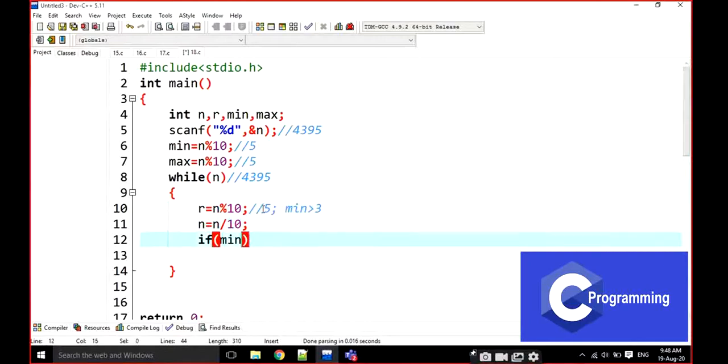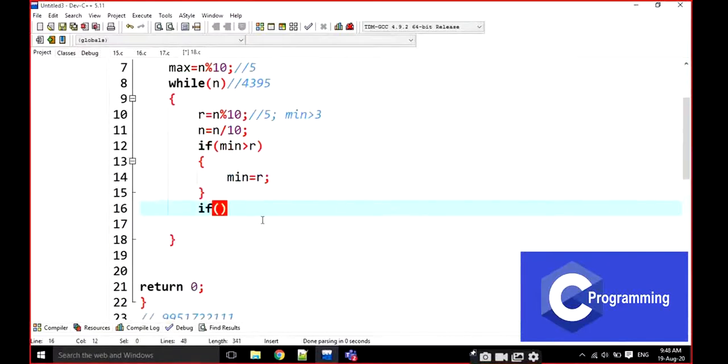Okay, the same thing I am writing here. Is minimum greater than r? Then I am going to take minimum is equal to r. If minimum is greater than the present digit, then I am going to change the minimum value to r. The same in the reverse order.